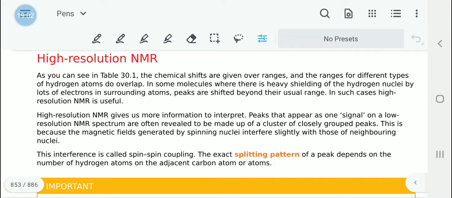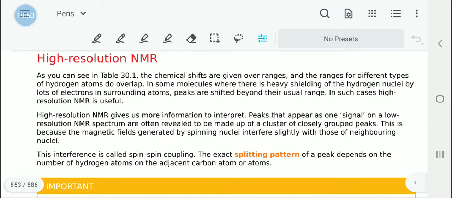In high resolution NMR, using the effect of spinning of the nuclei interfering with the neighboring nuclei, which provides a splitting pattern of peaks, within brackets spin-spin coupling,